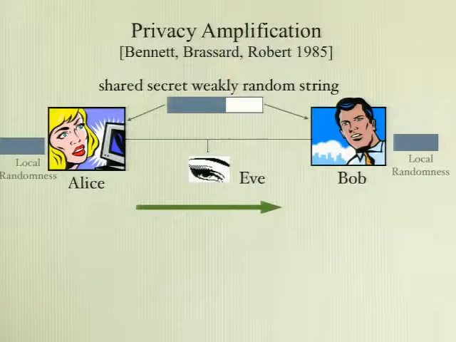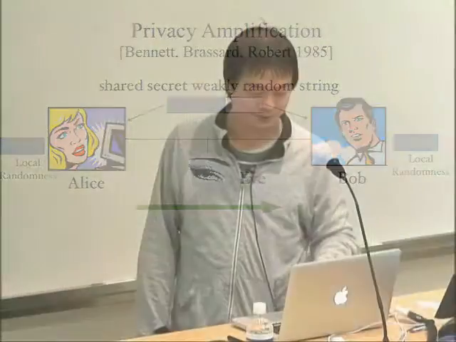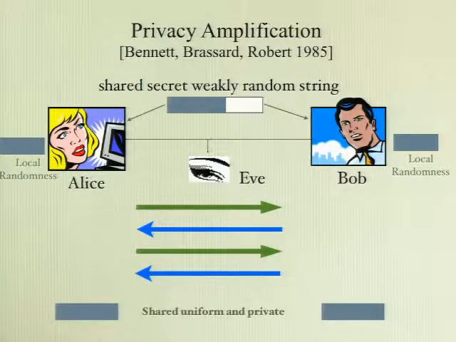So what is this problem? The problem is basically that the two parties, in the presence of this adversary Eve, want to somehow communicate with each other such that at the end of the protocol, they agree on a shared uniform and private random string. This string is going to be the same for both parties, and it is supposed to be uniform and private in the sense that it is still not known to the adversary Eve. So that's the basic setting.